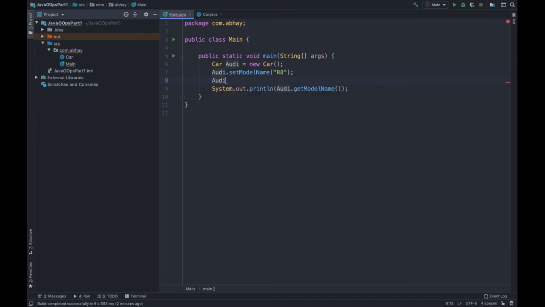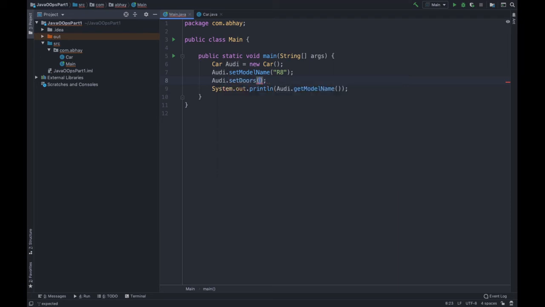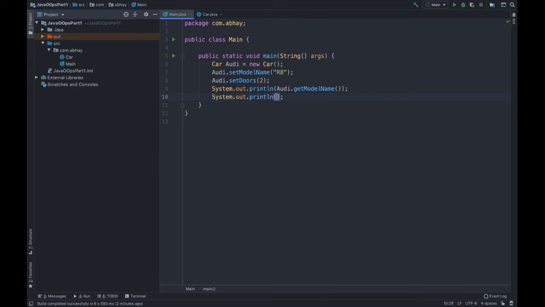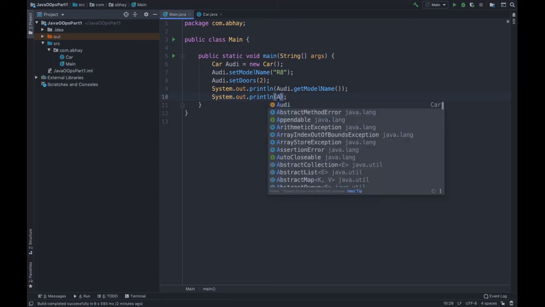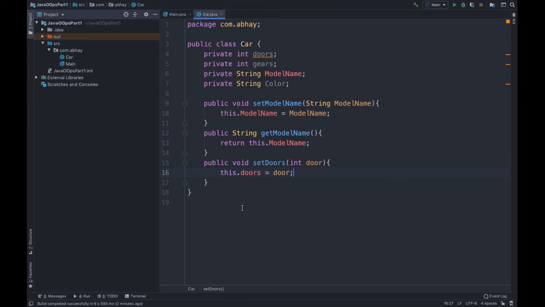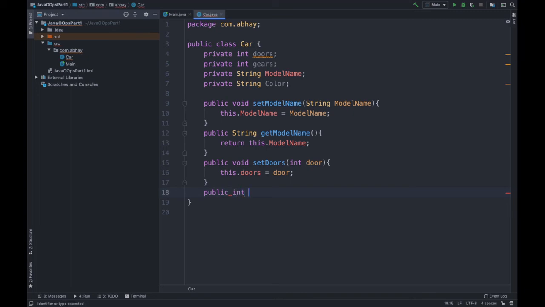Audi. So I guess R8 has 2 doors. As you can see, we got one more here, that is setDoors. In setDoors, we have to pass the number of doors, let's say 2 here. Now let's print this one. Audi dot, okay, we have not defined the getter. Let's define a getter for this one. Public int, going to be the return type, getDoors, and return